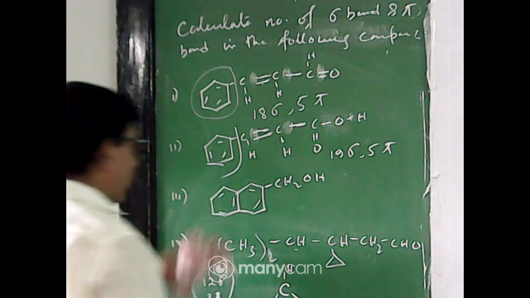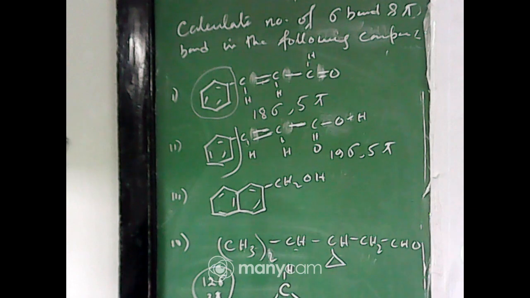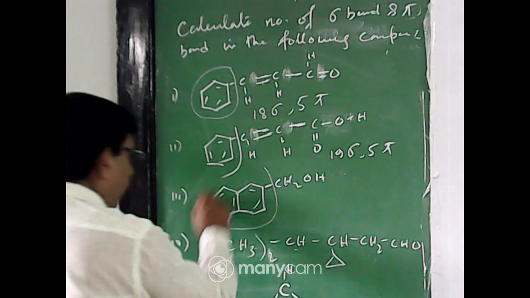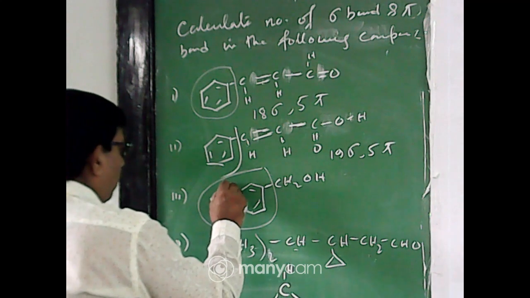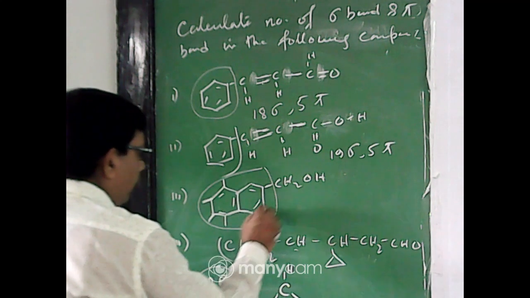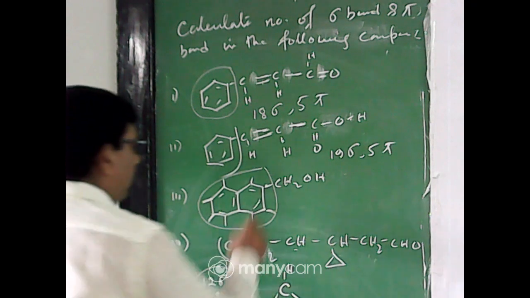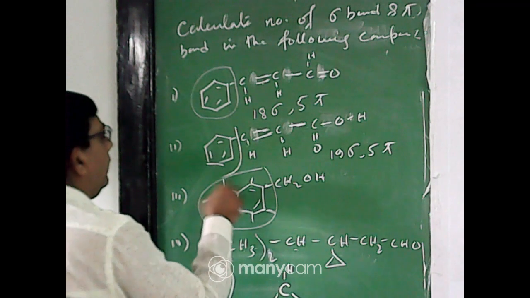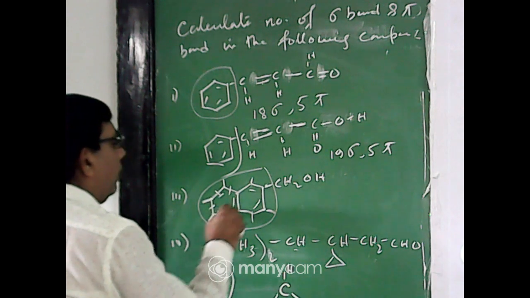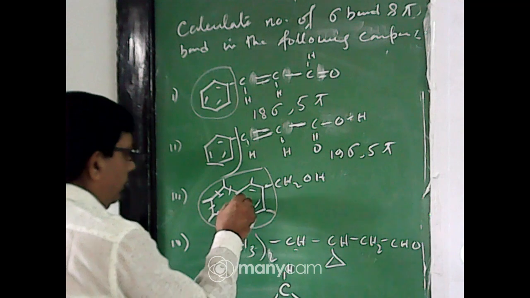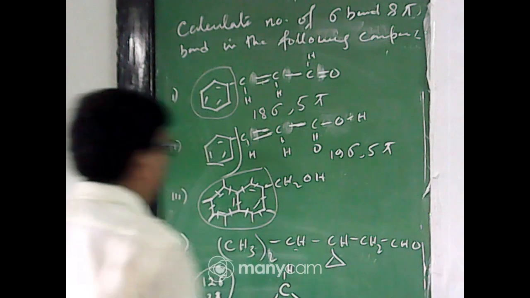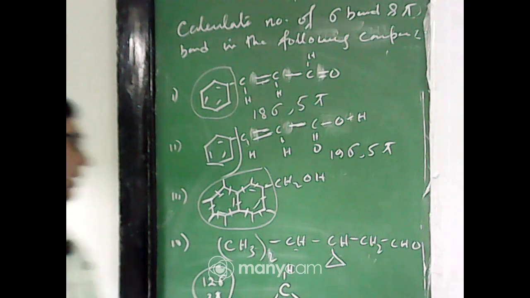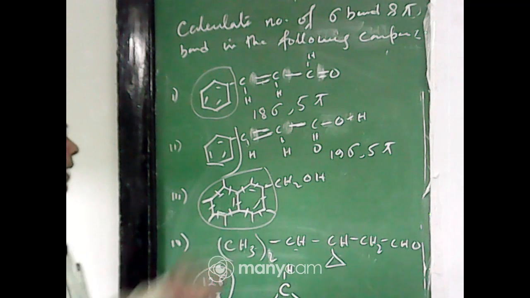Here you first try. This is the naphthalene molecule. In the naphthalene molecule, 2 benzene rings are present. How many sigma and pi bonds here? You see 5 pi bonds. Sigma bonds: first you count this, 1, 2, 3, 4, 5, 6, 7, 8. 8 hydrogen, so 8 sigma bonds. Or count the ring, 9, 10, 11, 12, 13, 14, 15, 16, 17, 18, 19. Well, 19 sigma bonds and 5 pi bonds. So one naphthalene molecule means 19 sigma and 5 pi.